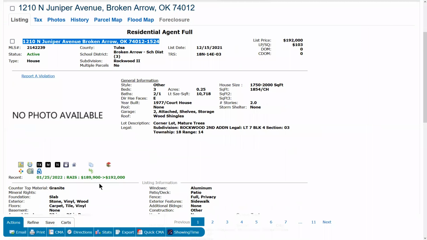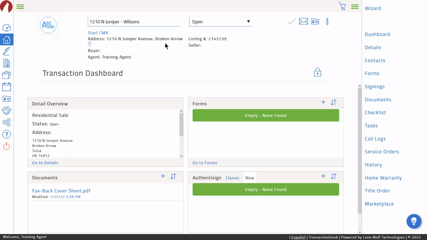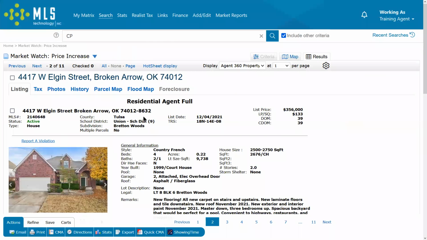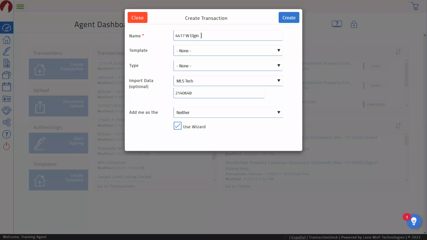Oh, and actually, let's go back one more step. I got a quick question in chat. I'm going to hit this start a transaction button, and what it will do is automatically take the import from this particular listing. So when it starts it off, it'll import over the address as the name of the transaction. Oh, actually, I need to choose a new listing because it's too smart. It already knew that that listing had a transaction associated. Here we go. Let's try this one. There we go. So it imports over the name of the property's address and then the listing number. It's just going to automatically grab that information. You don't even have to start manually editing anything.